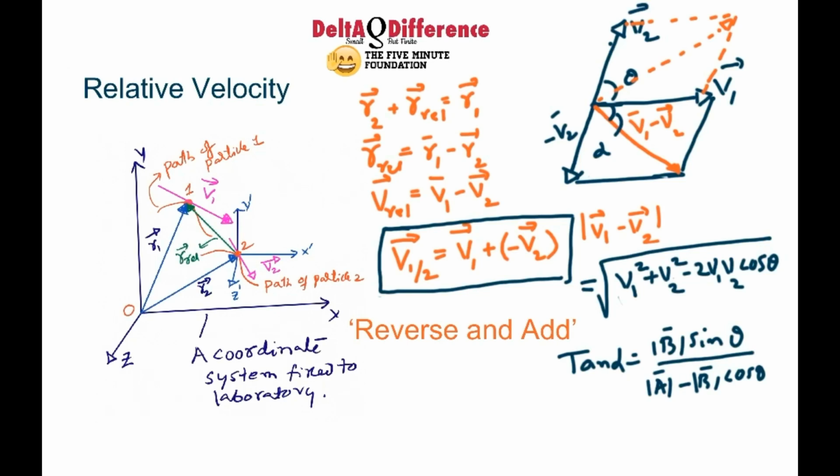That's because you are feeling to be at rest, but to account for the change of distance between you and the other train, you are imposing your velocity on the other train. That is reversing and adding. Reverse means you are bringing yourself to rest, but by adding your reverse velocity to the other velocity, you are accounting for the change of position between you and the other train as watched from your reference frame.